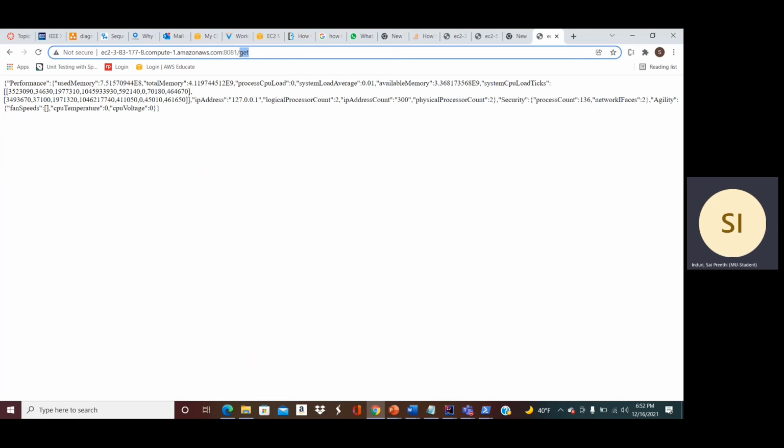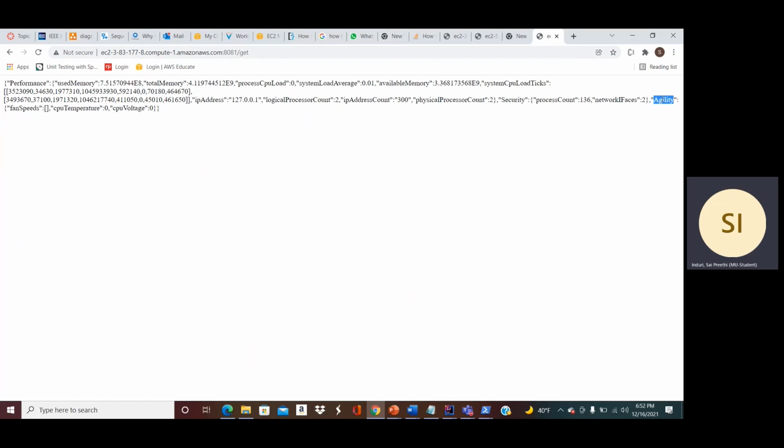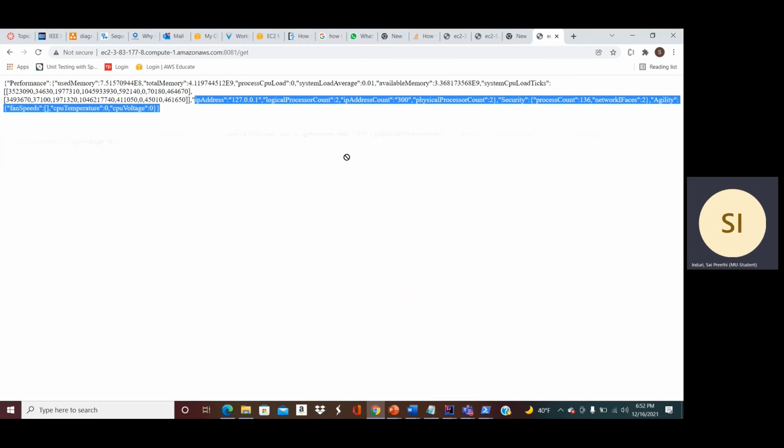Get is the endpoint where the actual implementation to get that performance, security and agility kind of information is. Here we have an IP address and IP address count. These we get by running a shell script on that particular edge node, which tells us the maximum number of requests you have on that edge node and which IP is causing them. Based on these values, we can know whether a DOS attack has happened or not.